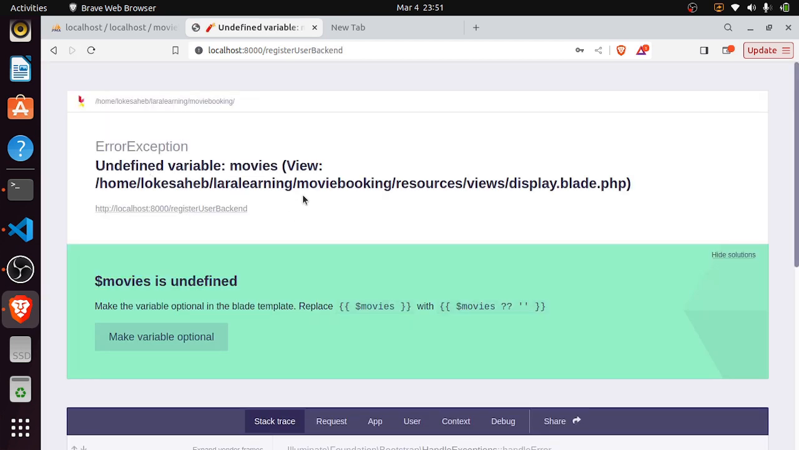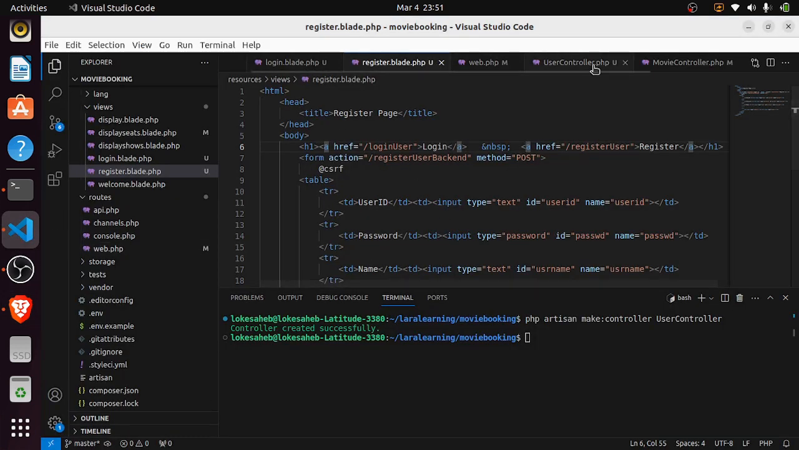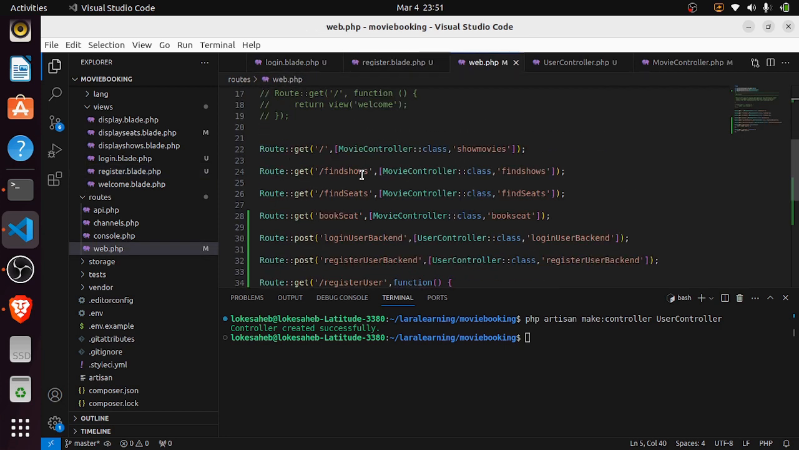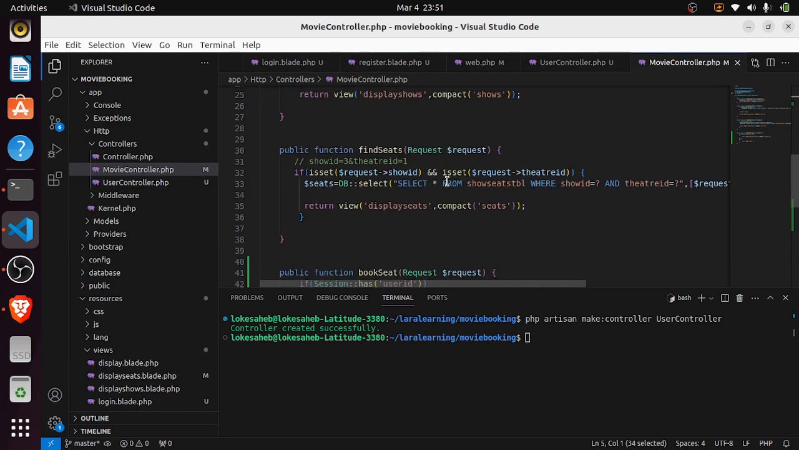Okay, so here it is showing undefined variable movies. So let's just check at what line it is showing this thing. Find shows display.blade.php. Okay, so what has happened is we are directly taking it to the displays route. So what is happening is it is getting to this thing. So what we have to do is instead call the show movies thing. So for that purpose what we need to do is, instead of this thing,